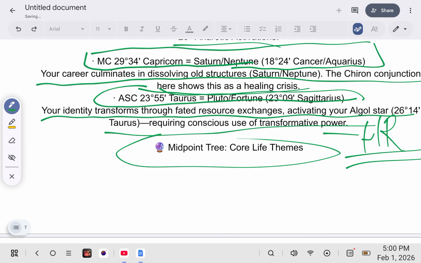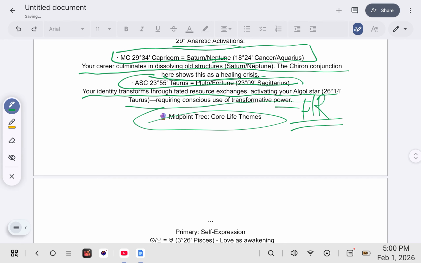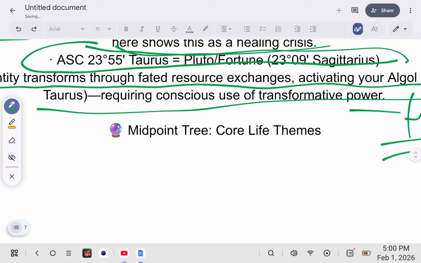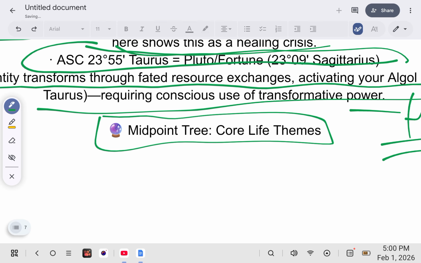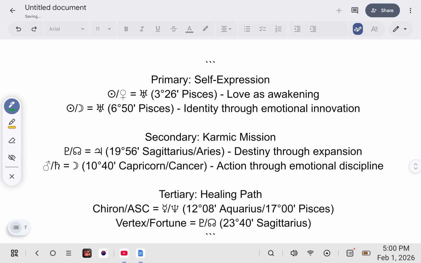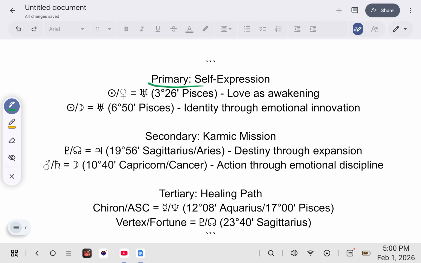But midpoint tree, core life themes. Let's actually do that a little bit better. Hang on. Just want to have this for later. Somewhat better. Alright. So, this is the primary self-expression, secondary karmic mission, and tertiary healing path. So the primary self-expression,